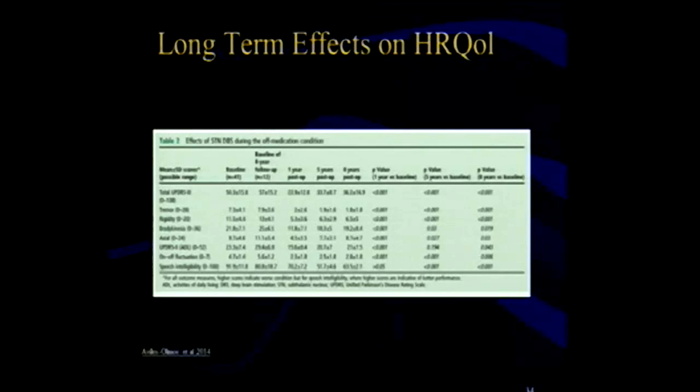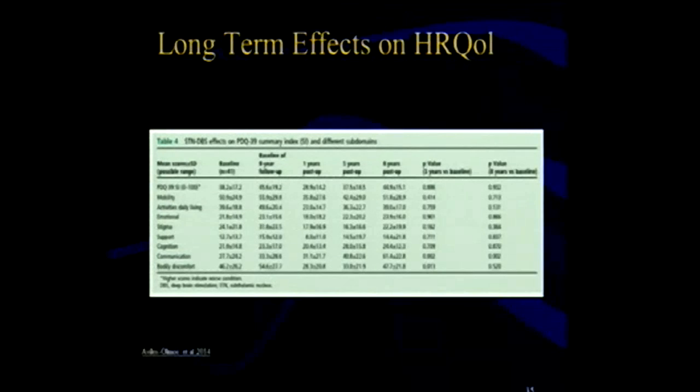This is the motor part looking at their outcome. And the way this is a little bit confusing. This is the baseline of everybody. This is the baseline of people who were still there at 8 years, and this is their 8-year data. And you find that from 5 and 8 years, they continue to maintain good UPDRS-3 motor scores. Tremors were maintained. Bradykinesia improvements were maintained. Their on-off motor complications are